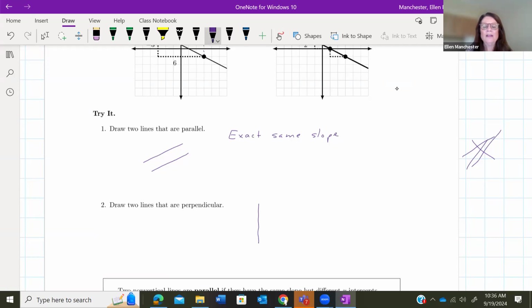Okay, perpendicular lines are at what's called a 90-degree angle. Perfect. Good job, Nathan. Yes, 90 degrees. That means that it's exactly square, right? So that's why they put this little square sign in here, because it's saying that's exactly square. You have a horizontal line and a vertical line going straight up from it. That's a perpendicular. Now, when you look at perpendicular lines, their slope